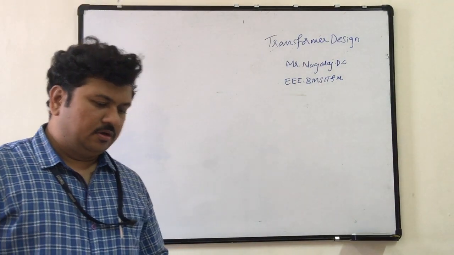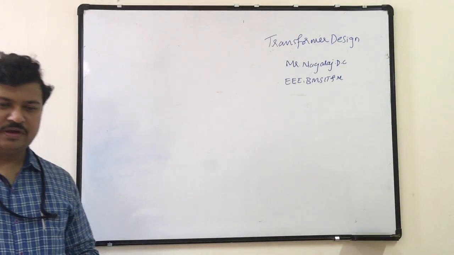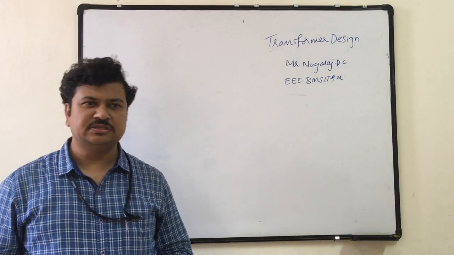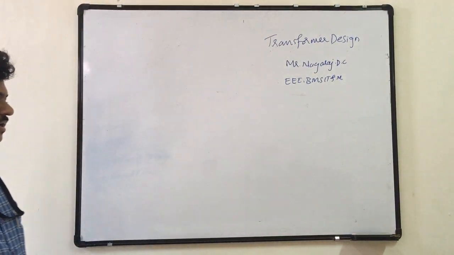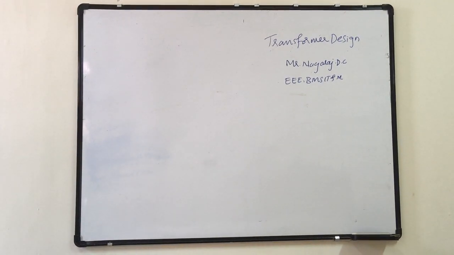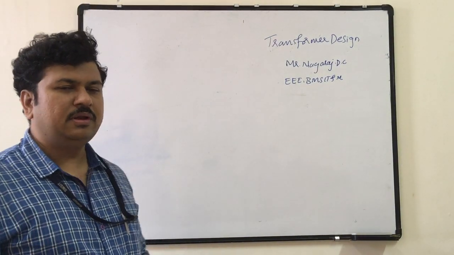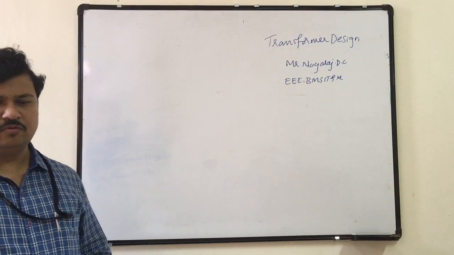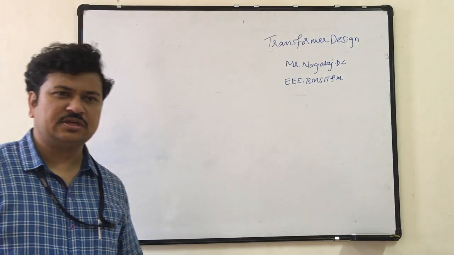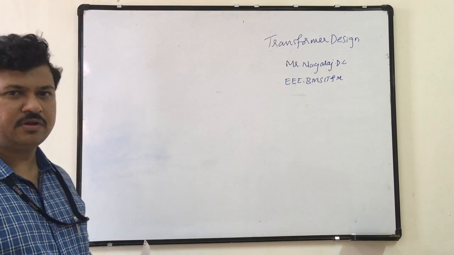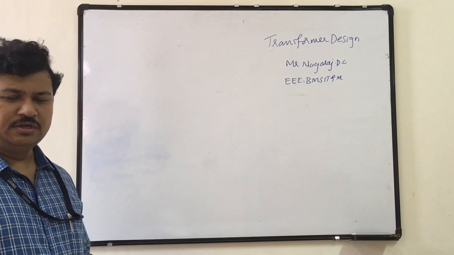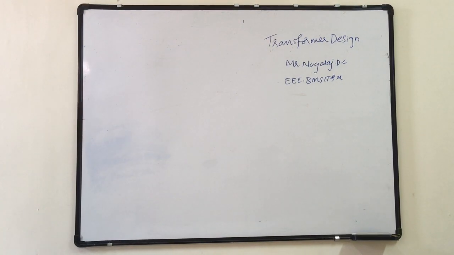Hello all. In the previous class we discussed the design factors of the transformer, where we looked into the choice of magnetic flux density Bm for various kinds of transformers and various services of the transformers. We looked into the choice of current density. To keep the minimum copper losses in the transformer, my primary and secondary current density should be the same. And third, we looked into the choice of window space factor, that is Kw. So we got various expressions for Kw for different kVA ratings of the transformers. This is what we have seen in the previous class.